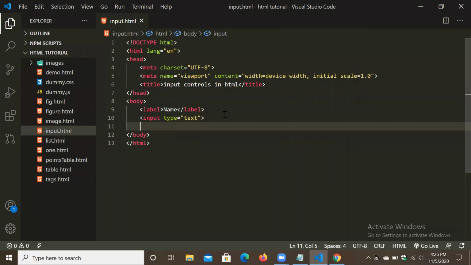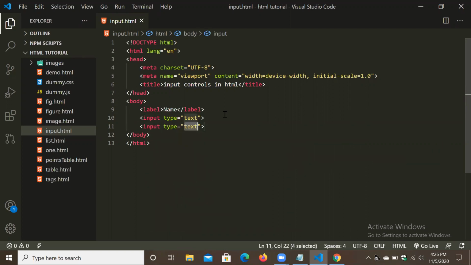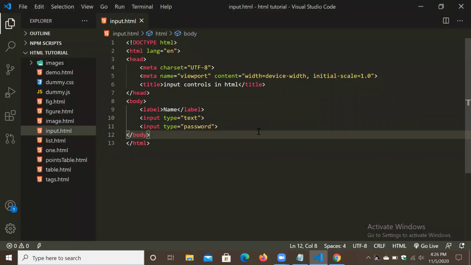Next thing what we can do, we can use another type of input like input type is equal to password. Okay. Control S, refresh. Look what happened here. What we will type, it won't be visible because we selected the type is equal to password.